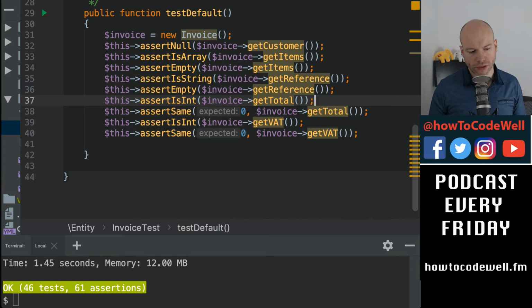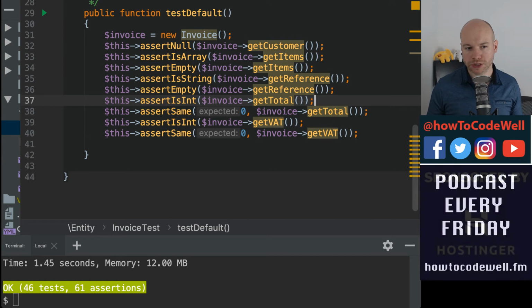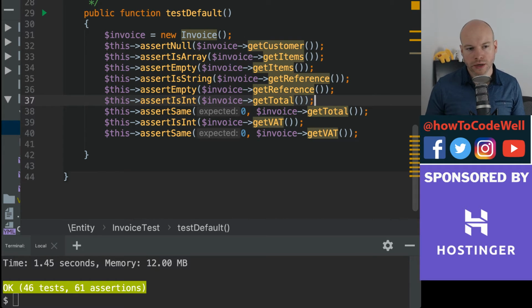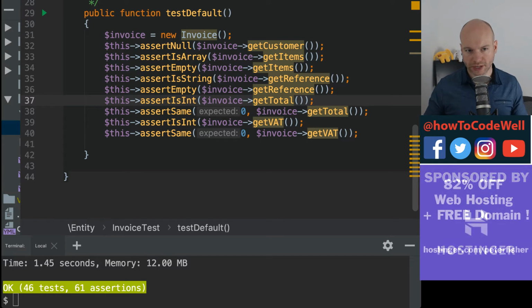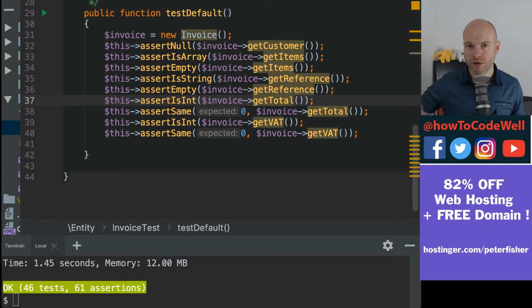Then with the status, the invoice can have multiple statuses, so that would be a one-to-many. So if we think about the data structure, the schema, we are going to have a status ID in the invoice record,